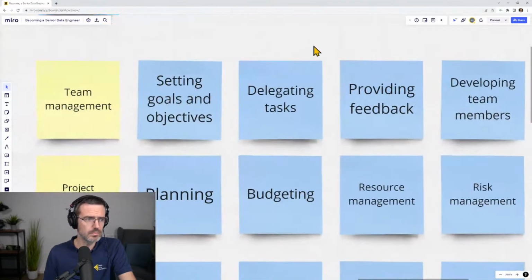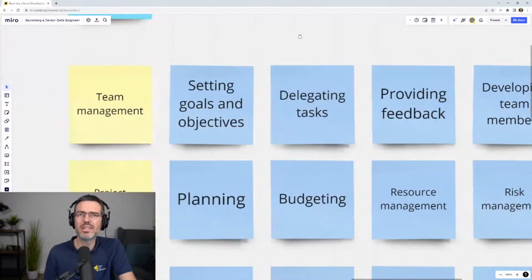Especially that was something I was working a lot on when I was a team lead, because team management is very important, especially the first part here, setting goals and objectives, because the team needs to know what they're working on and towards what goals they are working. So setting goals and objectives was here.